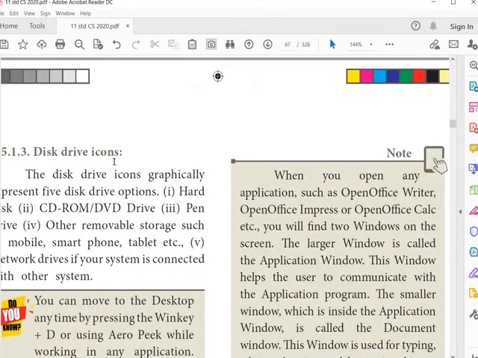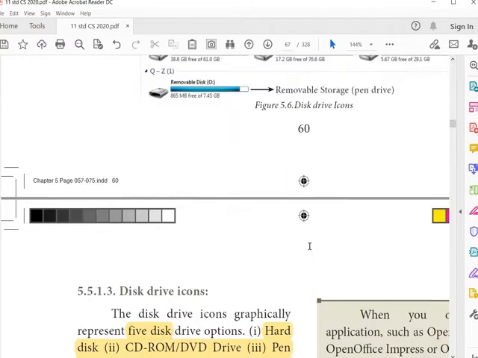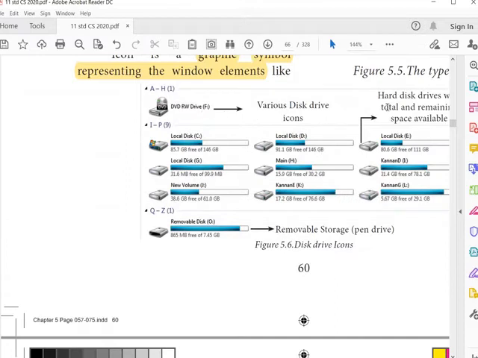Then the disk drives we learned now: hard disk, DVD, pen drive and other removable disk, and network drives. So how many drive icons are available? It's a 2-mark question. It's 5. So 5 disk drive icons are available.